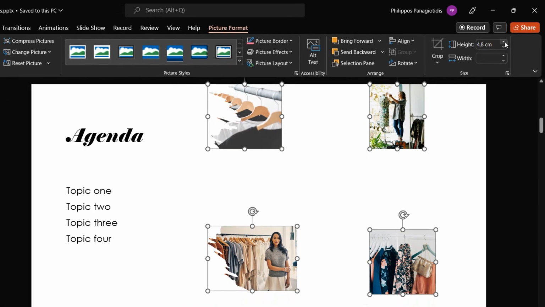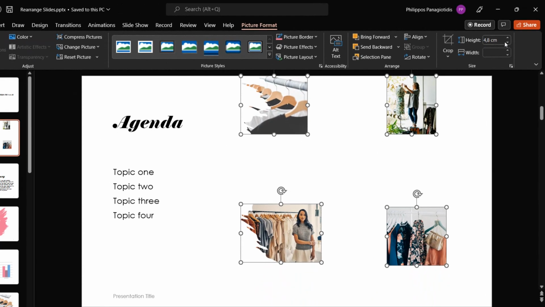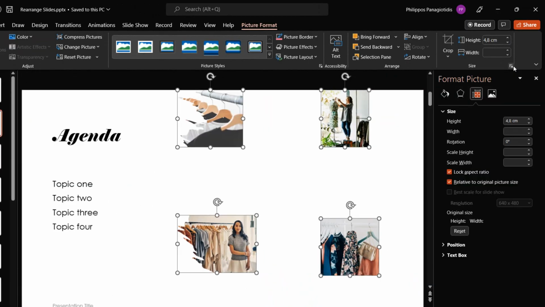If we want to make things even more perfect, we can select the arrow located at the bottom right corner of the size area of the Picture Format tab. Once selected, the Format task pane appears at the right of the slide, where we can do even more fine-tuning to the images, such as adjust the rotation,